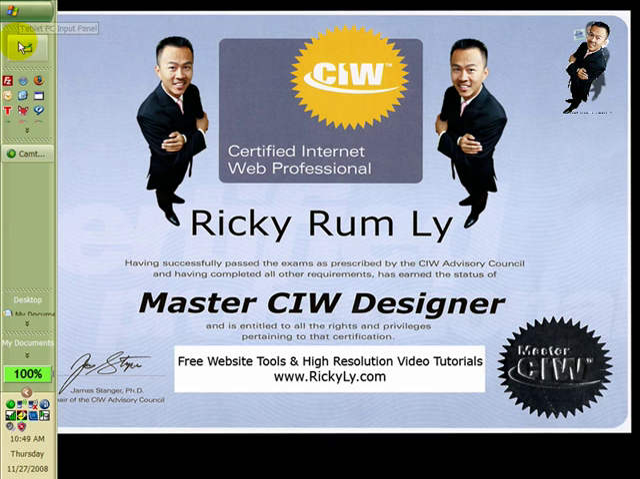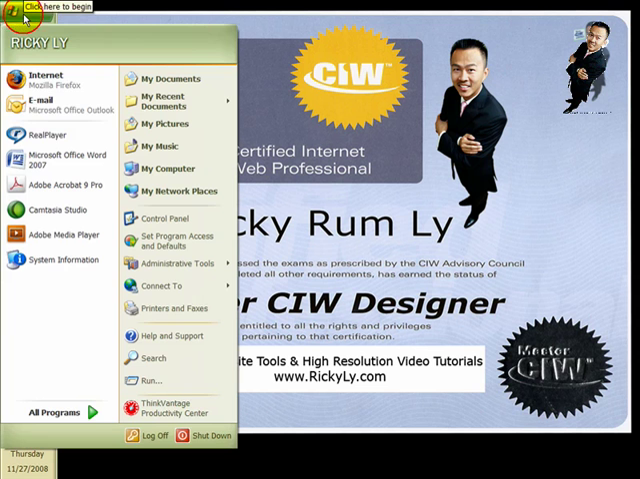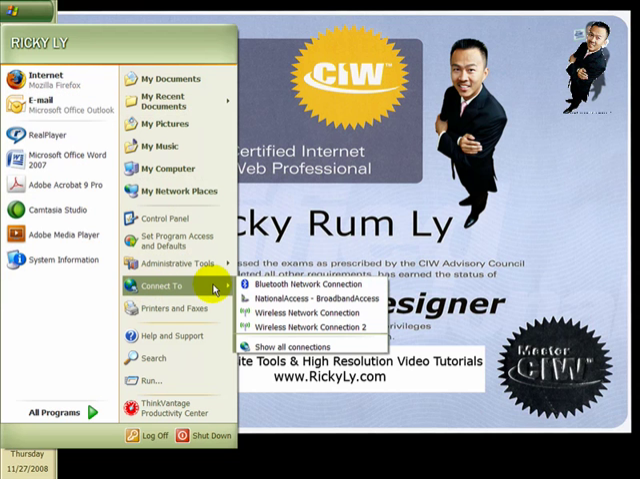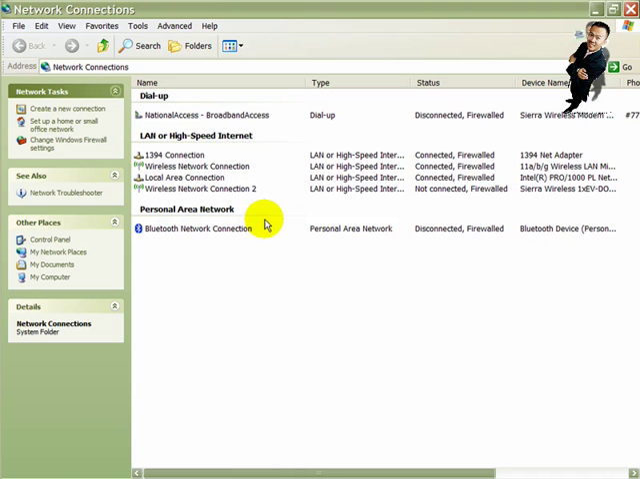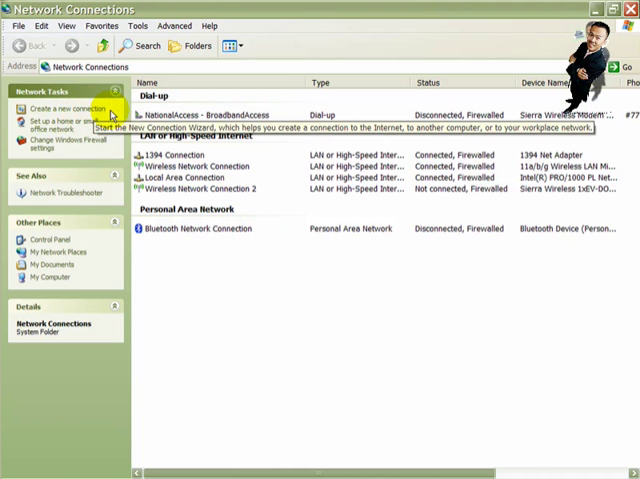Since I am running a Windows XP machine, and if you're using Windows Vista it's very similar to this, on my computer I would go to Connect To, Show All Connections. This is one way of getting to this location, and then I would click on Create a New Connection,